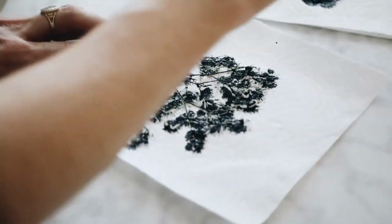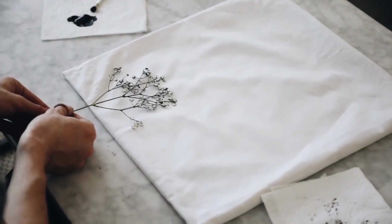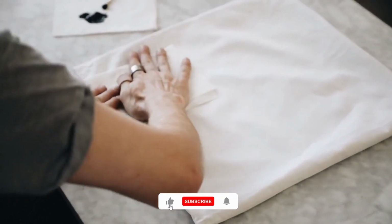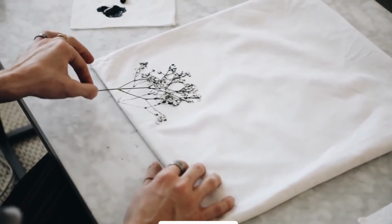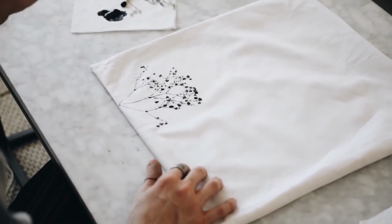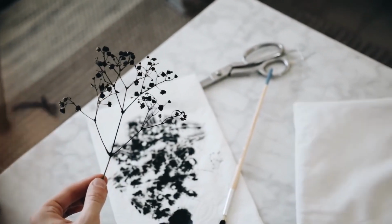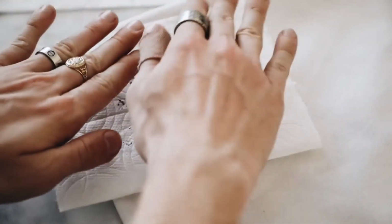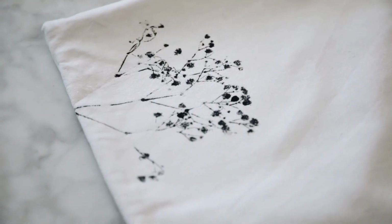So next what I did was use a little bit of black fabric paint, and I stippled it on with a stippling brush, used a little spray bottle to spritz some water on there to almost turn it into a watercolor. And then I stamped it on the edge of my pillow as shown here, using a paper towel on top just to absorb any of that extra water. So as you can see, as you stamp it down, it creates this nice kind of watercolor stamped effect, and I created this all the way around the entire exterior of the pillow, making sure to create a